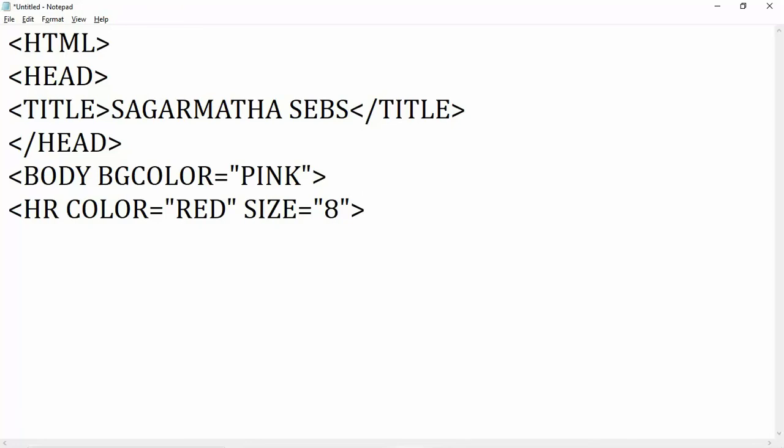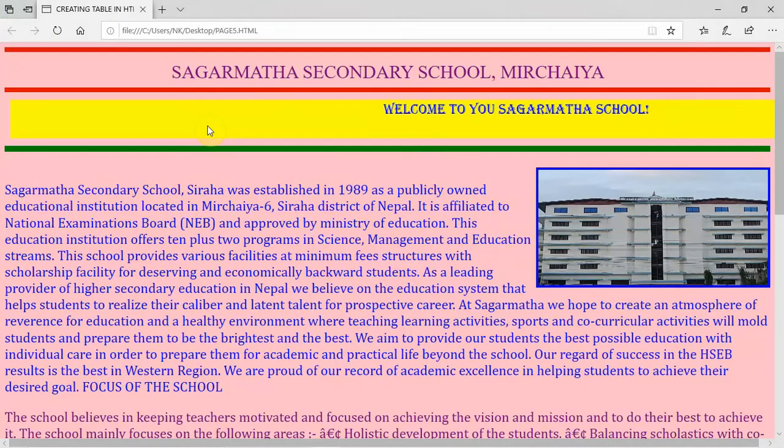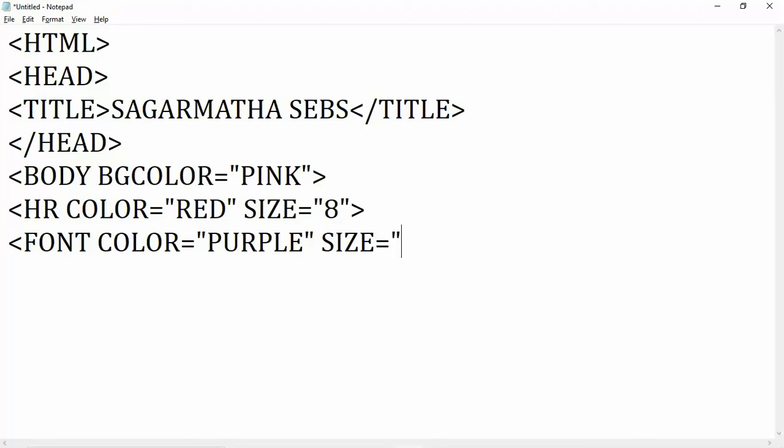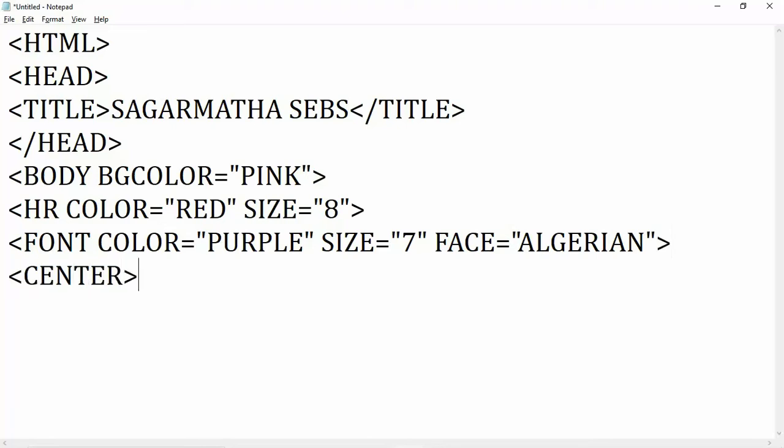Now next, I want to give the piece of text Sagarmatha Second English Boarding School Mirchaya. It looks like purple color, so first I want to change the color with font color equal to purple in double quotation. After that, size, I want to define the size of the font. Size of the font means maximum 7 and minimum 1, and face also, face means the style, the name of the font. I want to give here Algerian, and next I want to include that text in the center.